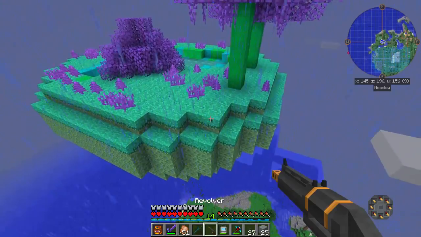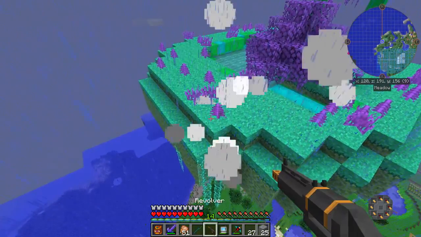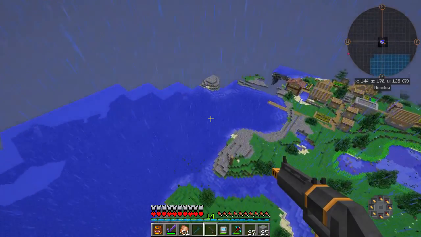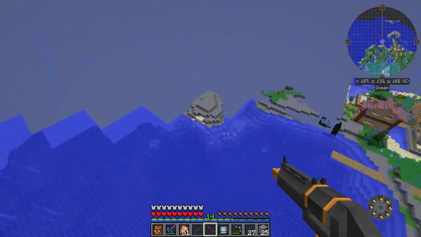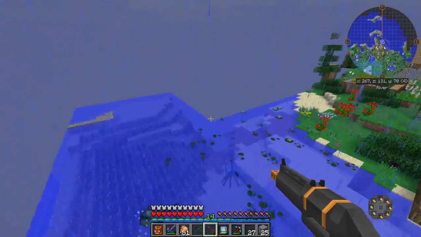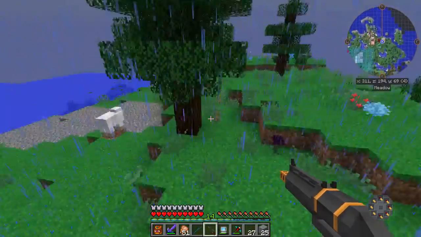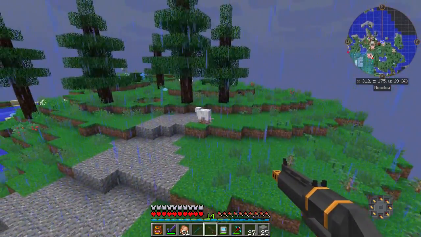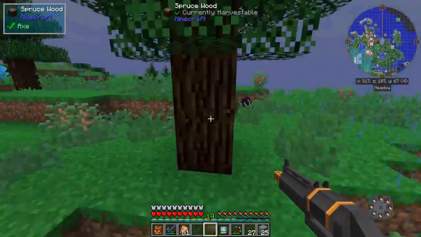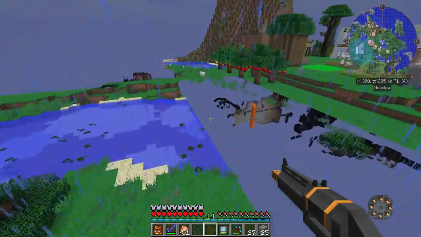Oh, I kind of like that. It doesn't really look like it's damaging the terrain, though. I was kind of hoping maybe they would damage some terrain. Let's see if we can find a mob. We've got a few shots left. I think I saw a spider. There's a sheep. That'll work. I like that. I like that a lot. I am a little disappointed that it doesn't seem to be damaging terrain,